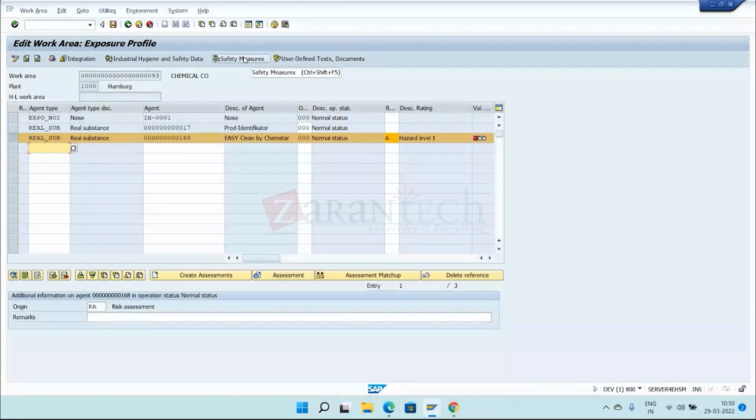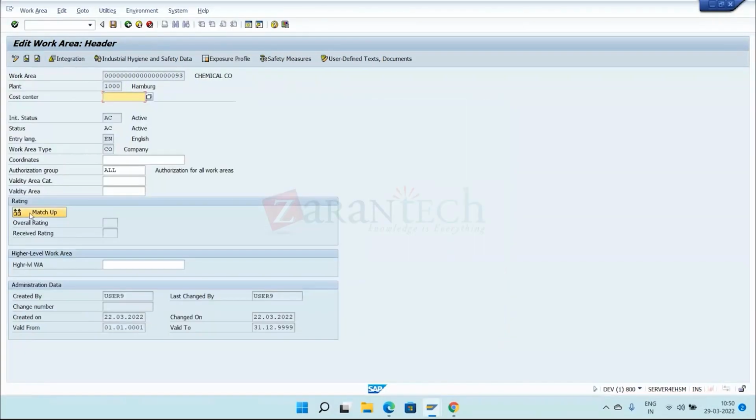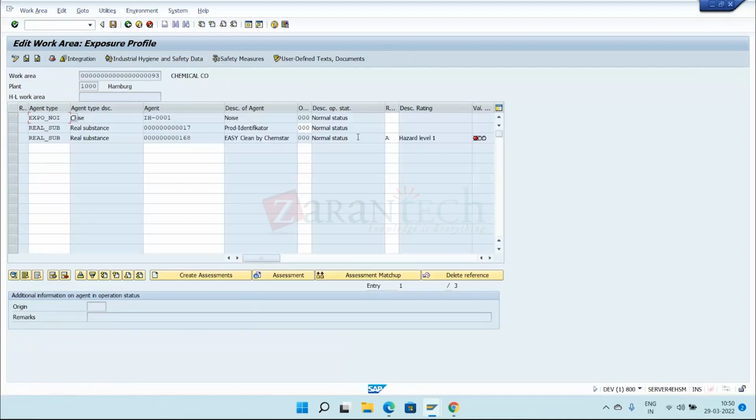So after we do this, then we come to the header data. There is something called overall rating, and I click on match up. So automatically the worst possible rating will come. Why? Suppose in the exposure profile there are 10 agents. 9 agents are green in color, 1 agent is red in color, meaning high risk. So whenever a permit is being issued for that work area,